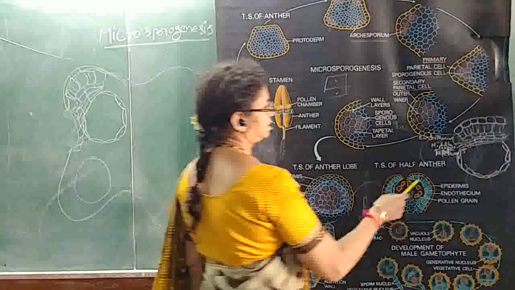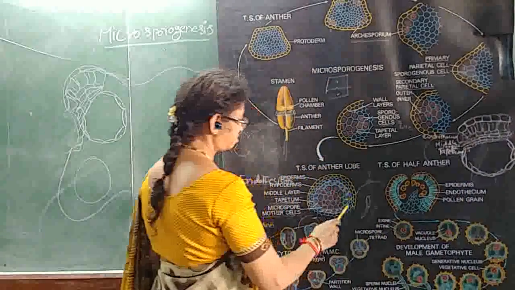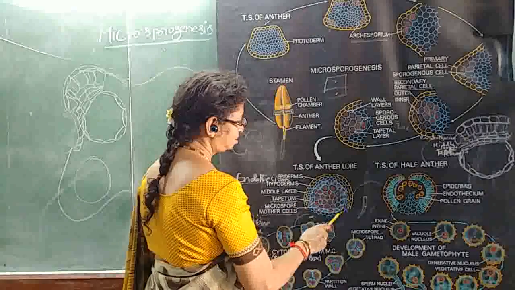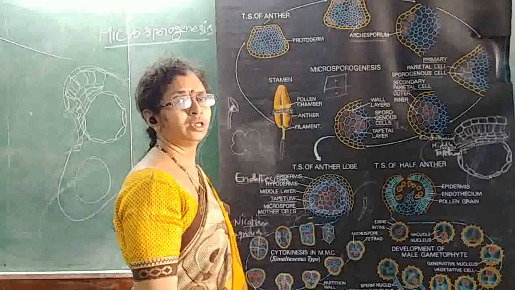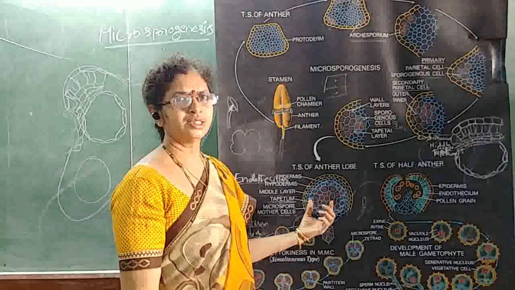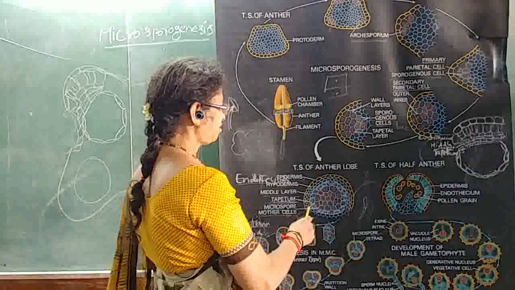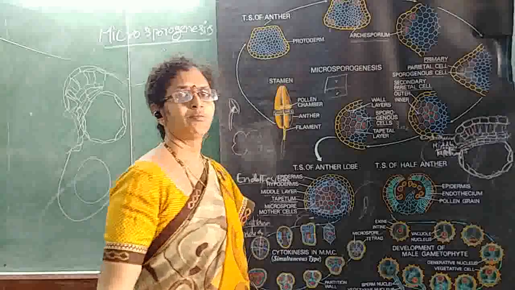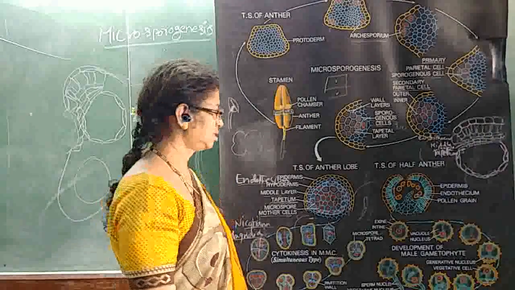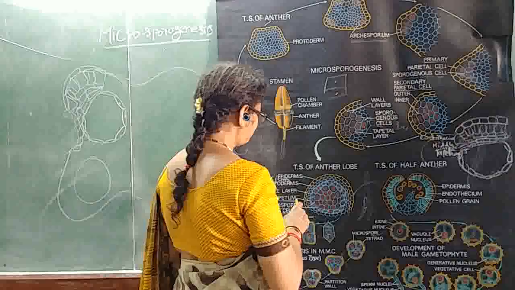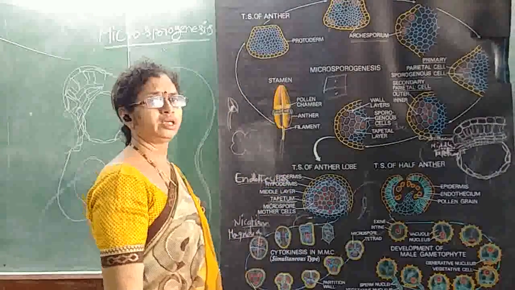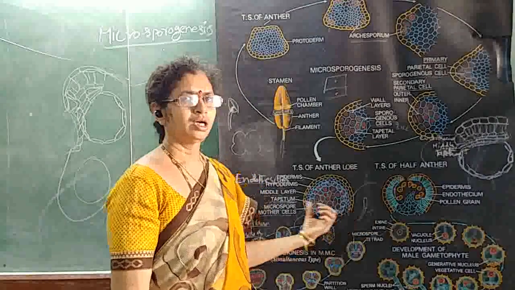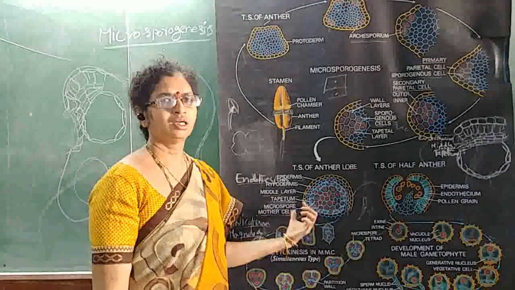So this layer completely surrounds the anther locule: the tapetum. It is also ephemeral in nature. It remains as is up to the first meiotic stage of the pollen mother cell meiosis. The tapetum's function is to give nourishment to the developing pollen grains, and also it forms the wall layer of